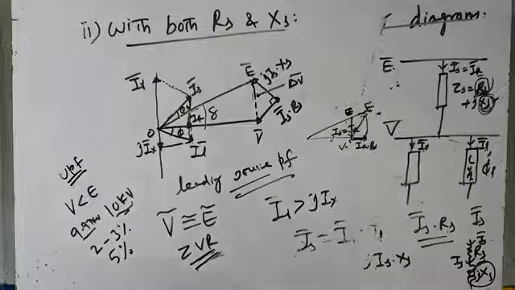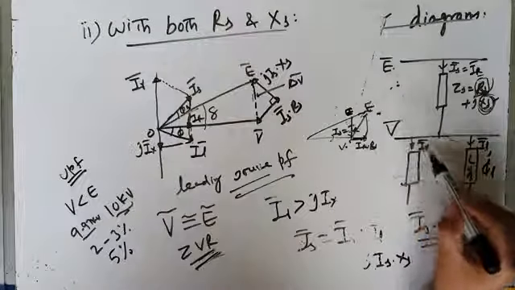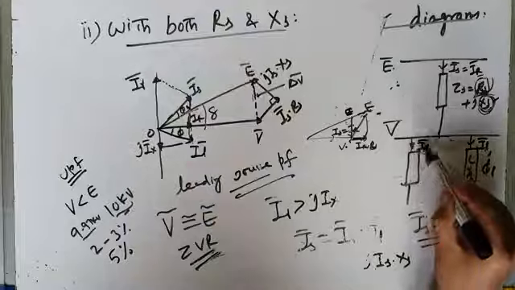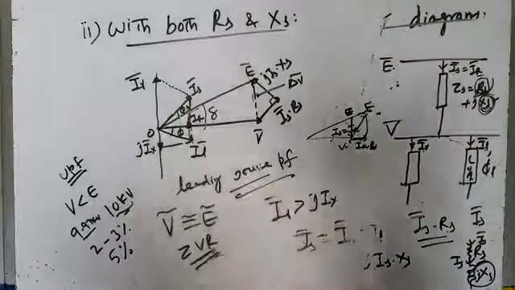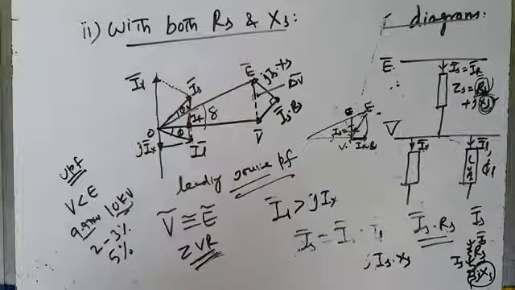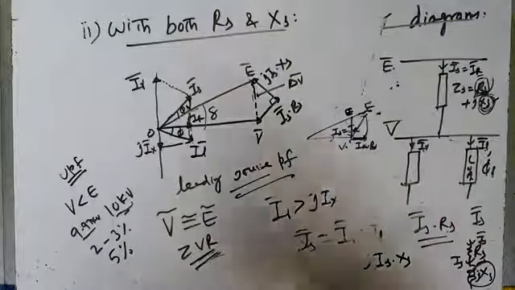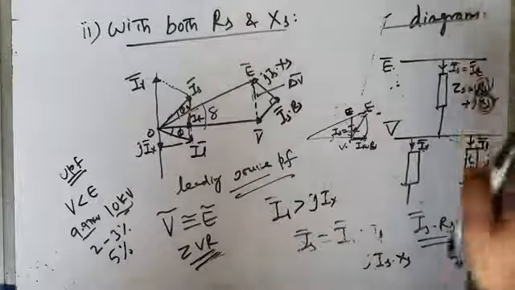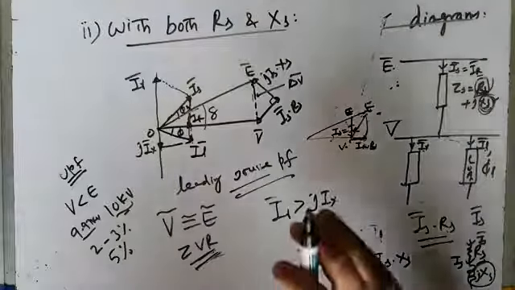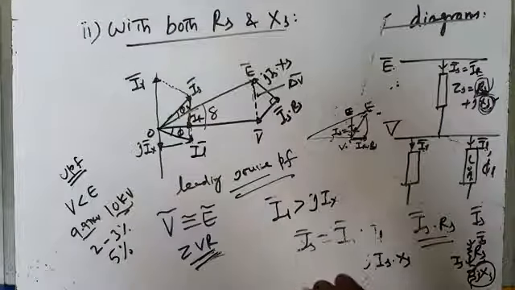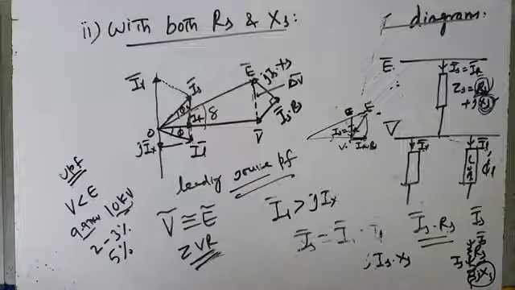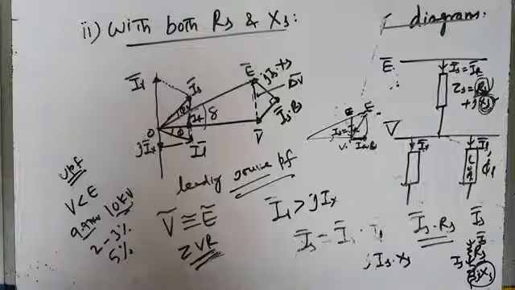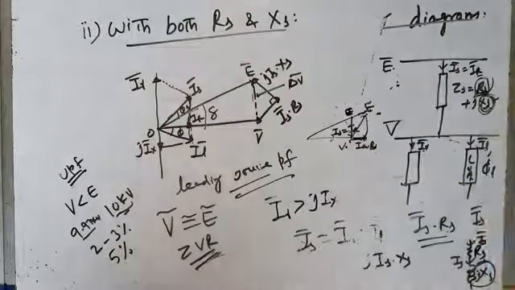That will have three advantages. Number one, the rating of the compensator will be less because the compensator will compensate only load reactive power. It doesn't have to make source current leading. Source current will be at unity power factor. Second advantage is that source power factor will be unity, so no reactive power will come from the source, and that will give the third advantage. Since no reactive power is coming from the source, the MVA ratings of generator, transformer, transmission line, all AC equipment on the far end, you don't need to increase because they are not supposed to supply any reactive power demand of the load.